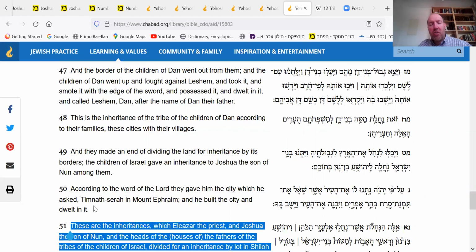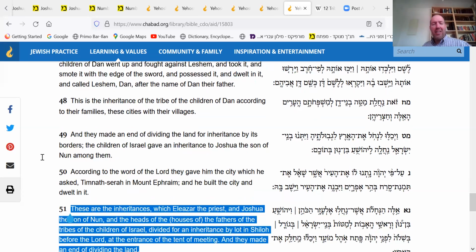In any event, Joshua receives the land after we had the description of the tribe of Dan, the last tribe, that also conquered part in the north. By the way, in the Greek version, the description of the conquest of Dan in the north is extended, probably based on the book of Judges. After all the tribes get their land, only then does it state that Joshua gets an inheritance for himself. The place, the town called Timnat Serach or Timnat Cheres,